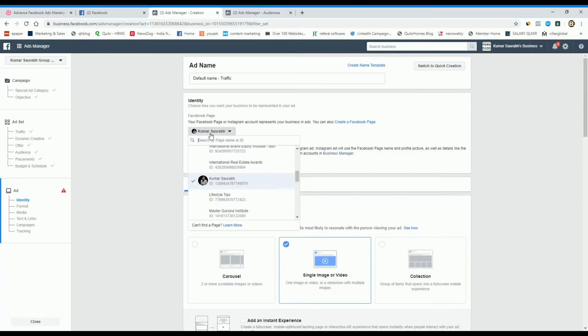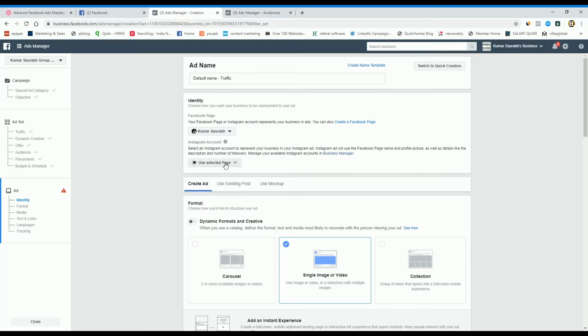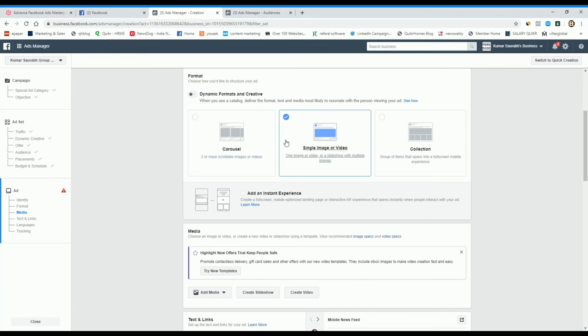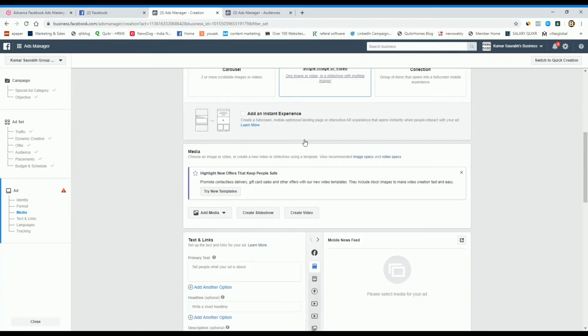From here you have to select the page that you already created. In the last video I told you how to create an Instagram account, so you can check your Instagram account. Now Facebook is asking whether to go ahead with single image or video, collection, or carousel. Go ahead with the single image or video.